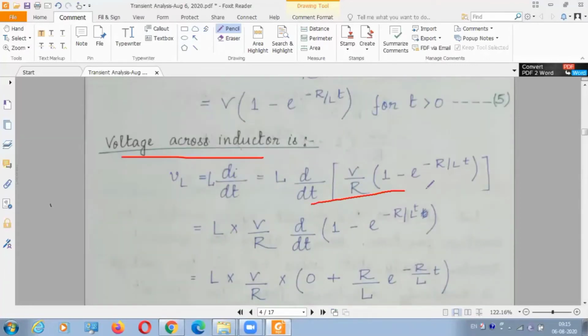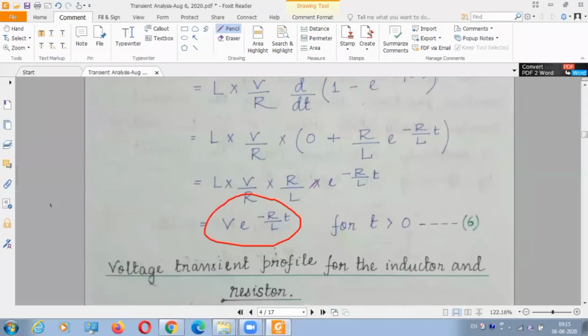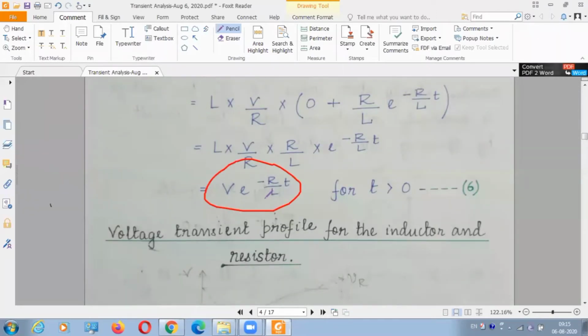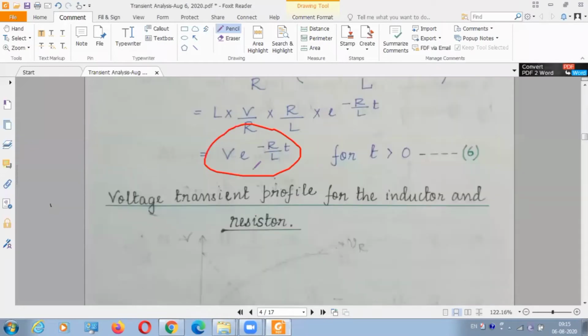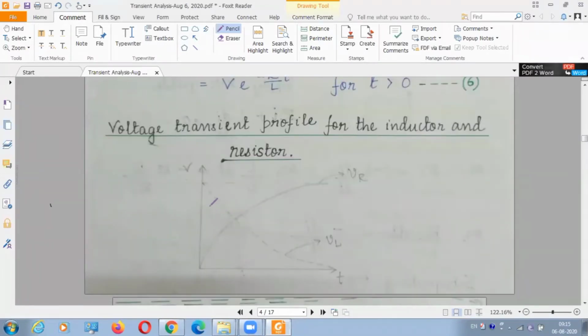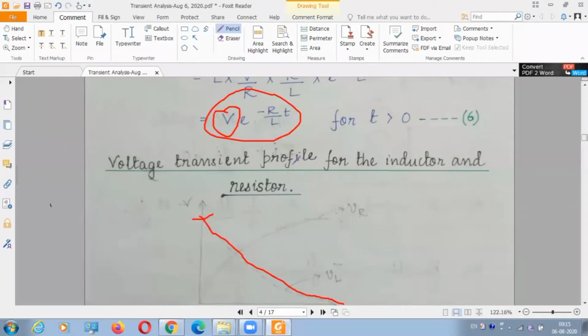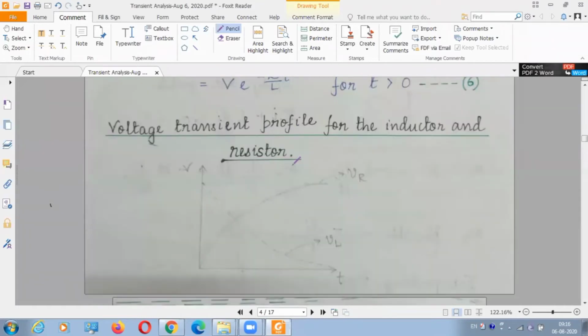So I have substituted that, differentiated, all this is done over here. I'm not going into detail. So V e to the power minus R by L t. So if you see, it is an e to the power minus at equation. So basically it is a decreasing function. So it will decrease from which value? Maximum value V. So maximum value V, it is decreasing by this dotted line and reaching up to 0 in some time t. So our current is an increasing exponential curve, and the voltage profile of the inductor is a decreasing curve. This is what you need to remember while applying DC transient.